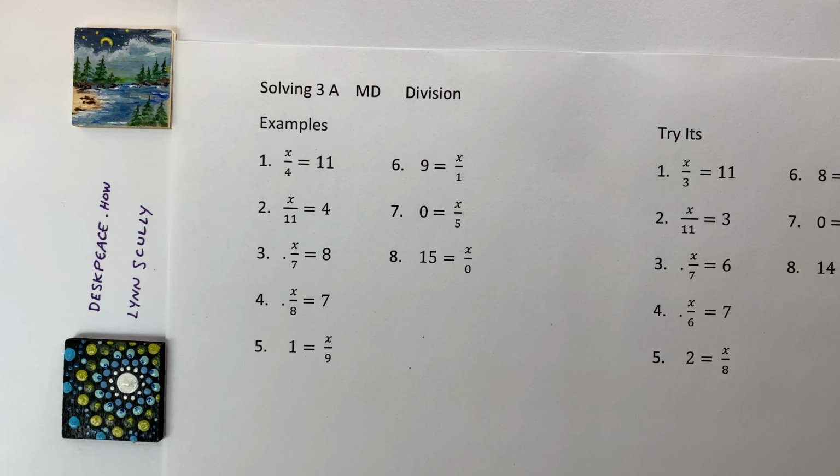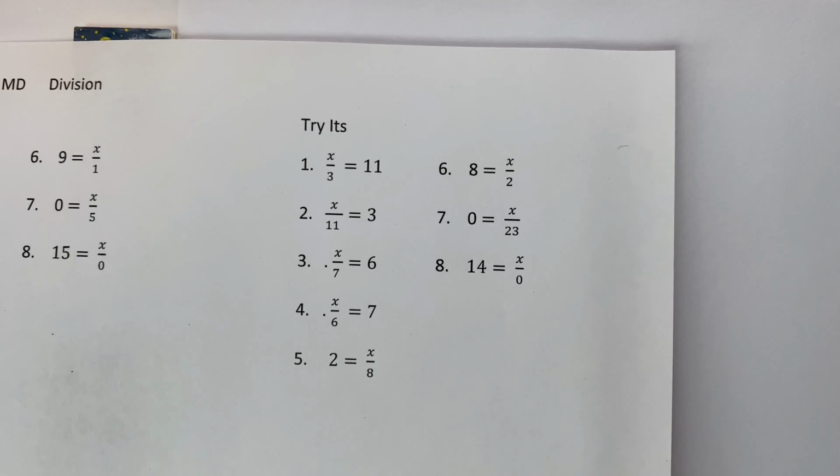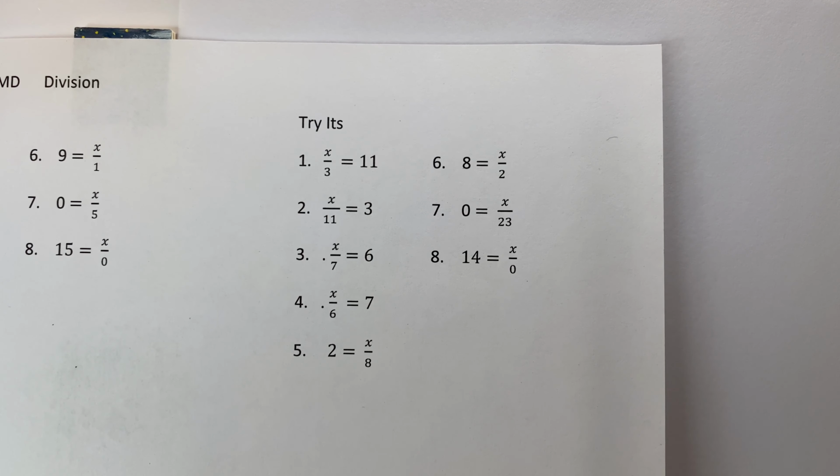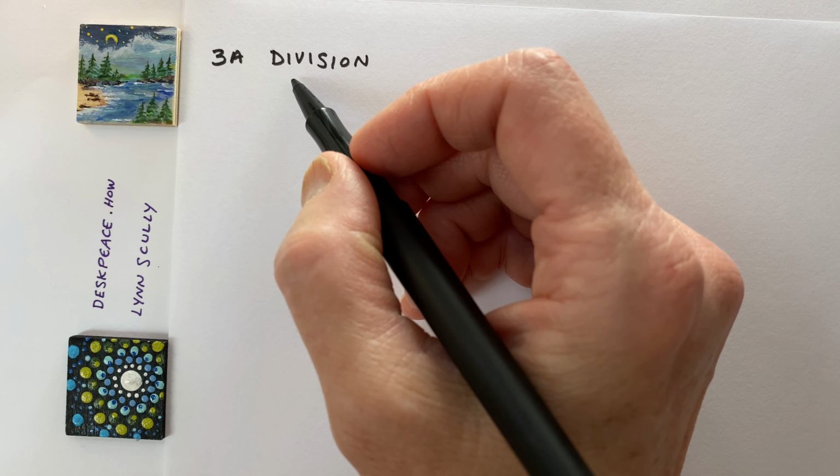Solving 3A, undoing division to solve for the unknown. Here are the triads. In 3A, we're solving for the unknown, and it might have something attached to it by